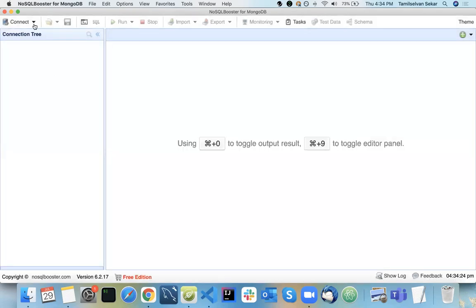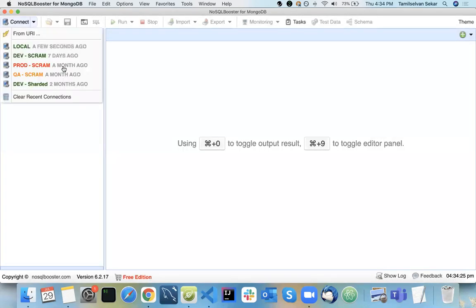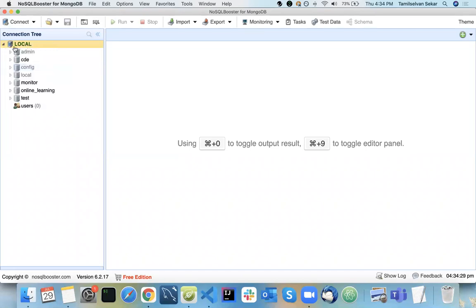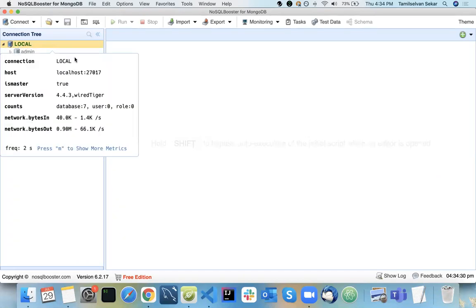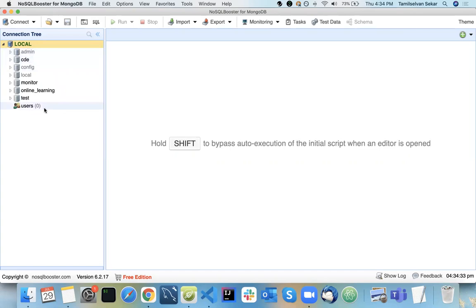I already have a connection called local, and inside that I have this many databases in my MongoDB. You can have your own database if you want. And if you want to create a database,